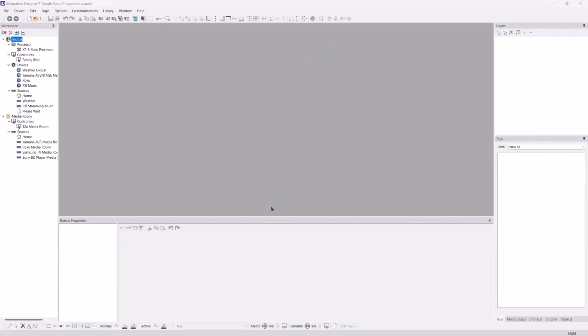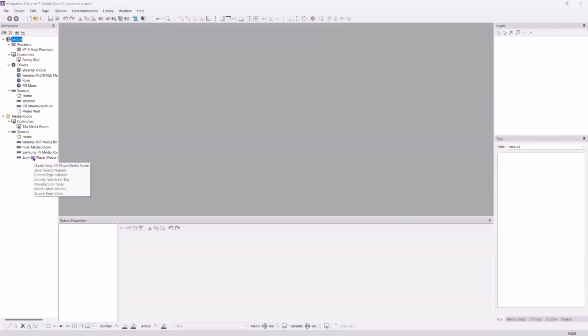And one of the things that we pointed out, we kind of jumped around to some different ways of showing you yesterday, but a quick hint: if you're going to be checking out user interfaces on a device, it used to be that you would have to go to each individual device to check every page of that user interface. But one of the cool things that you can do within Integration Designer 11 is, say I want to go and check the RTI streaming music player, or even the Roku media player. That's another good example on the devices that I have in case there needs to be a change,